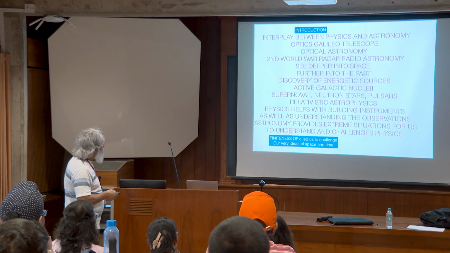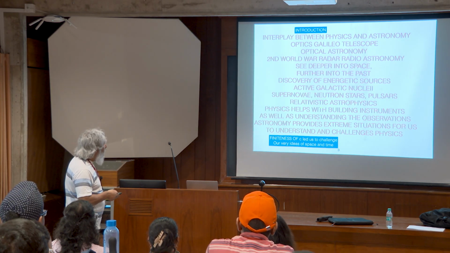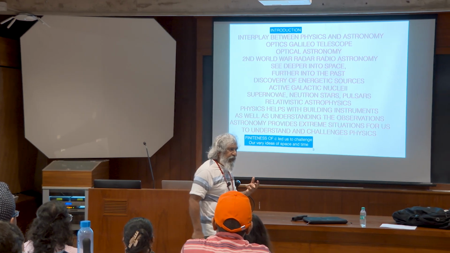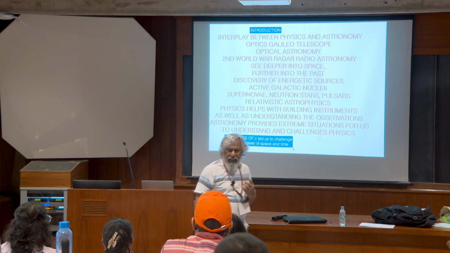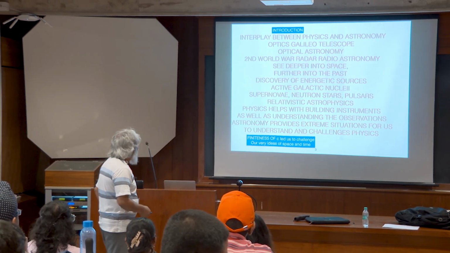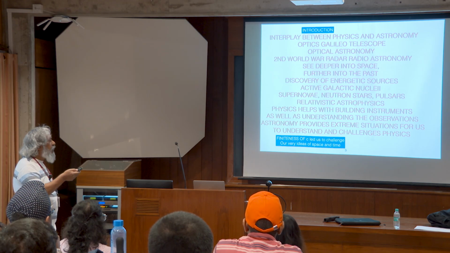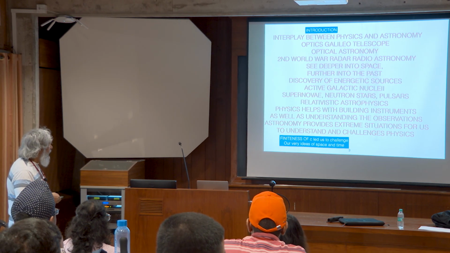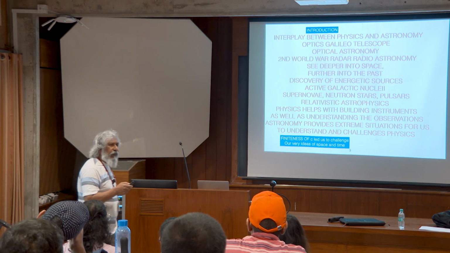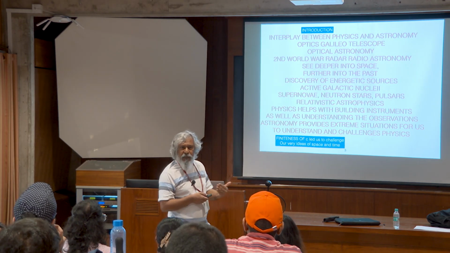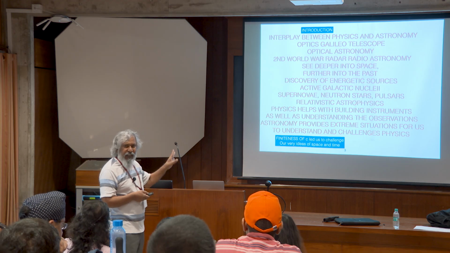So physics helps astronomy in one way: it helps by building instruments. All the radio telescopes are based on electronics and things which we understand from elementary, fundamental physics. And once you get the observations, you're trying to figure out what is going on up there. Even at that stage, physics helps us. And believe me, every branch of physics is represented somewhere in astronomy, whether it's fluid mechanics or electromagnetic theory, you just name it, you'll find it somewhere or the other.